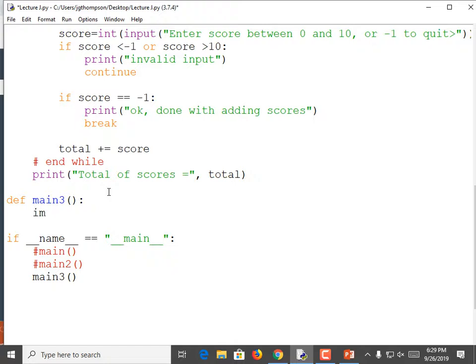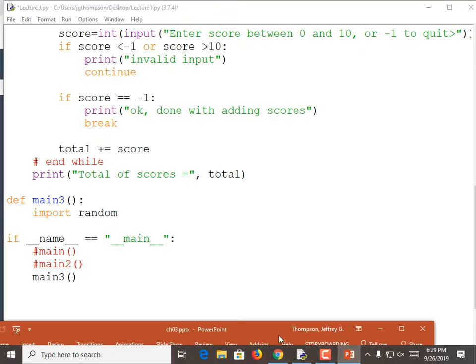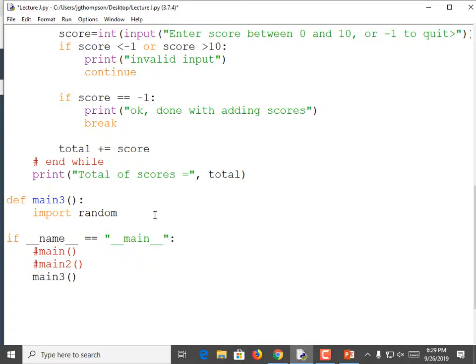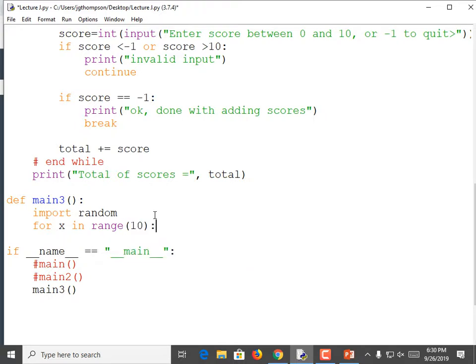So we need to import the random function. The slide may say from random import something. Let's go take a look at how they did it exactly. Nope, they just did a plain import random. That's my preferred way. And how many dice are we going to roll? How about we just roll 3 dice or 10 dice, or I don't care. For x in range(10):